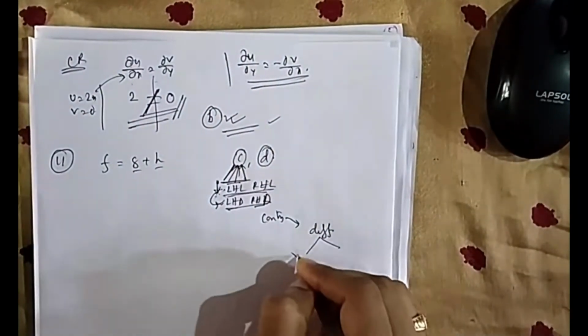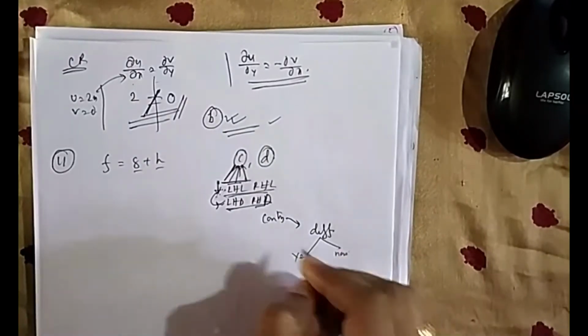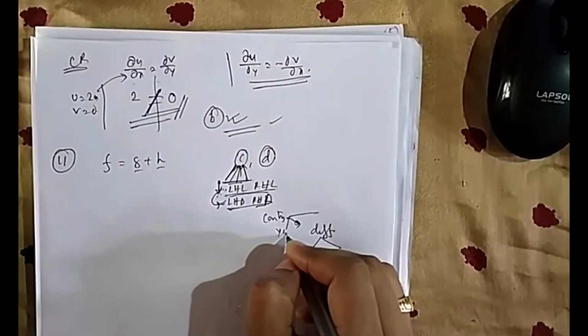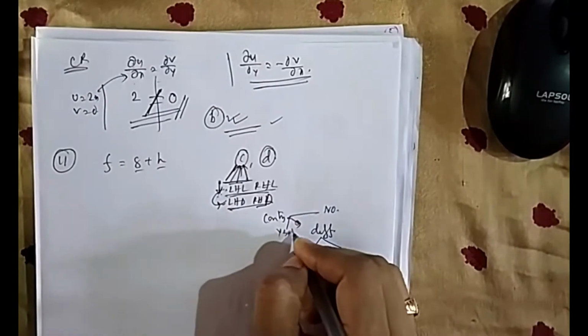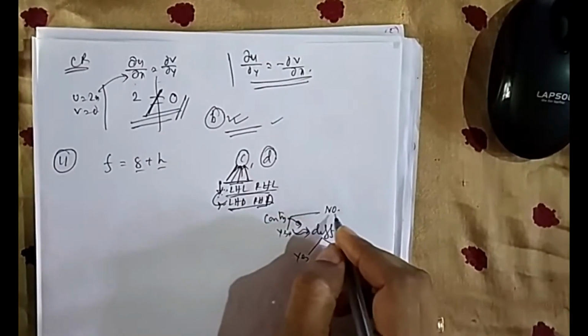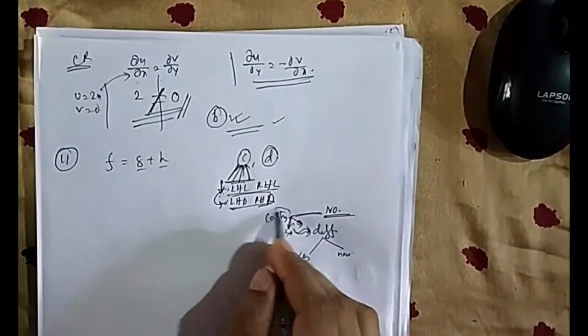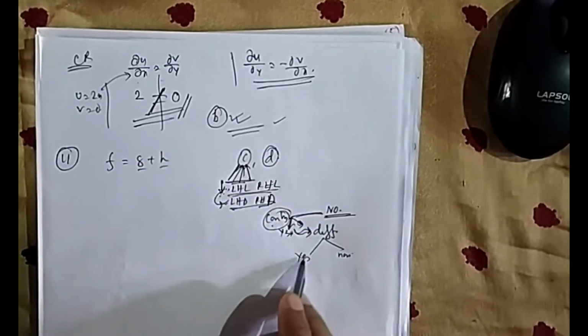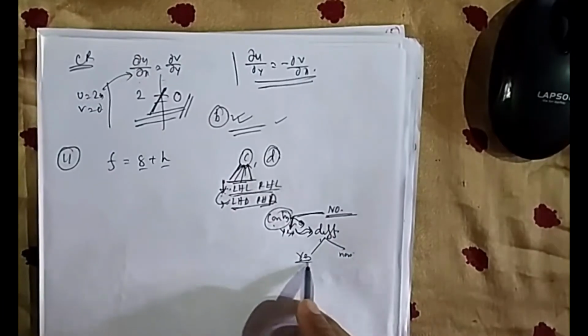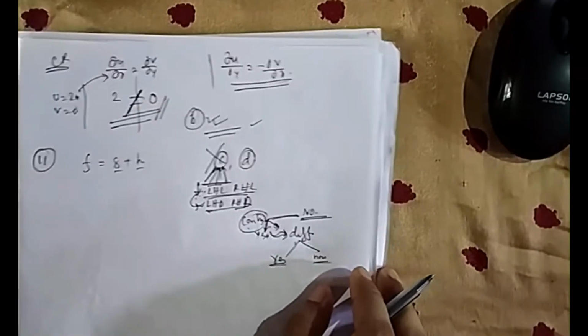Then there is an option, it can be yes, it can be no. For continuity also there are options, yes or no. Only if it is yes, then we will go for checking differentiability. If no, it will obviously not be differentiable. So if it is continuous, it is not necessary that it will be differentiable, because you will have both options, differentiability or non-differentiability. So C will not be the answer, as we can say from normal calculus.